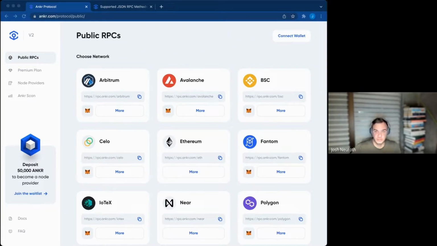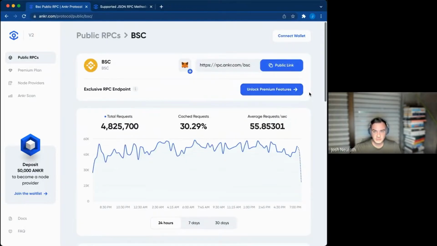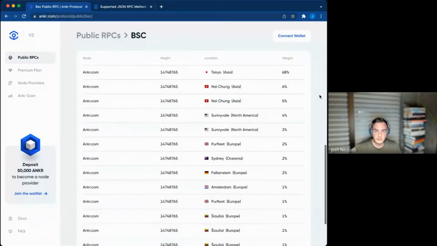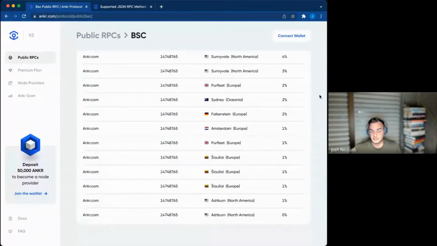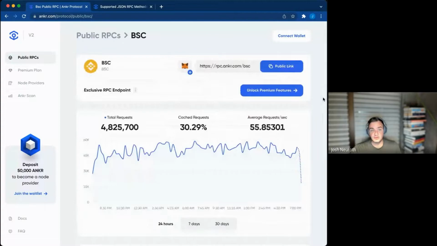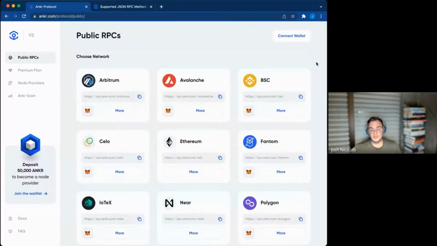Like on our Binance Smart Chain infrastructure here, you can see how distributed this is. We have stuff in Asia, North America, Europe, Australia, and we just announced that we are supporting South America. We've seen amazing adoption in South America. Because we have a geo-localized infrastructure, when we or our community launch nodes for these protocols in those locations, the latency and speed of the user experience get better for those users.